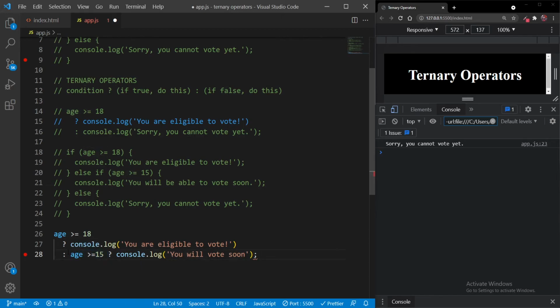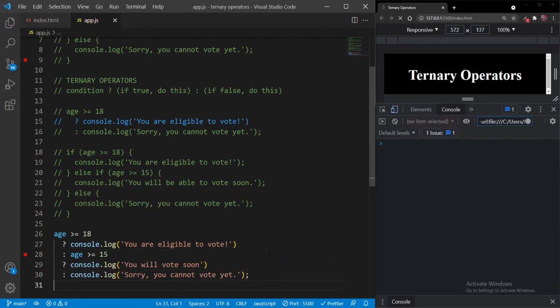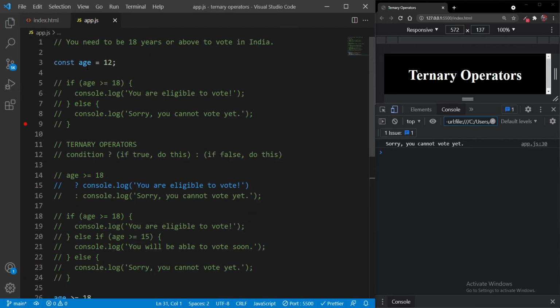So if they are not greater than 18, we are checking if they are greater than 15, and if they are not even greater than 15, then they simply cannot vote. So we have written question mark, then the true statement, then we put a colon here and put this console log, sorry you cannot vote, right here.